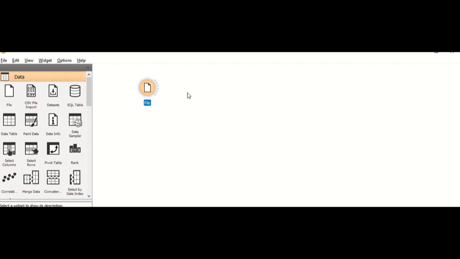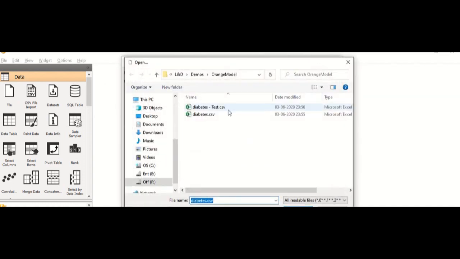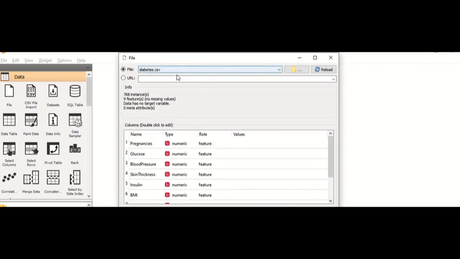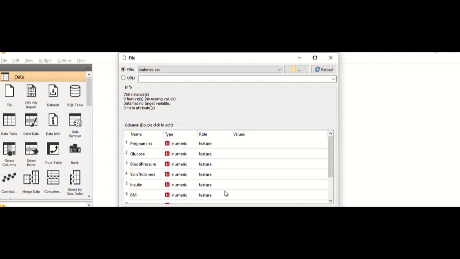Back to our problem. So first let's import the file. So as you can see, whatever features we have seen in the Excel are listed out here. So these will be the features and our target will be the outcome, where we have two values, 0 or 1. So if we think that some feature is not required for the analytics, we can skip the same. So let's take all the features, apply.